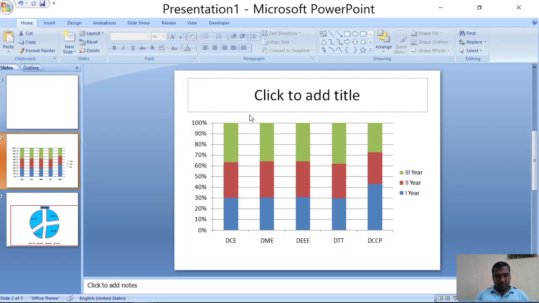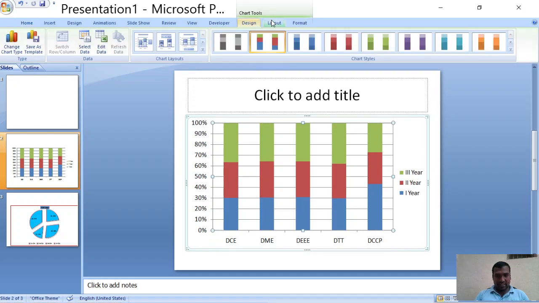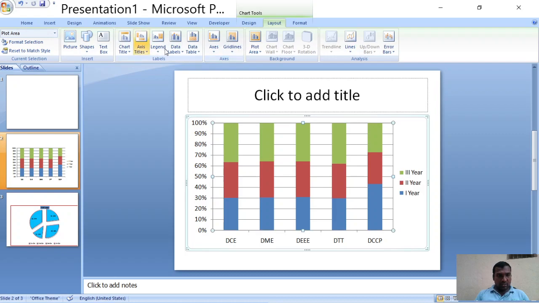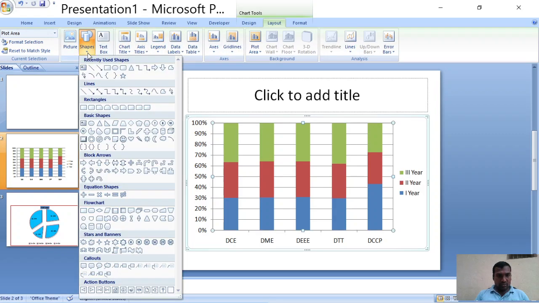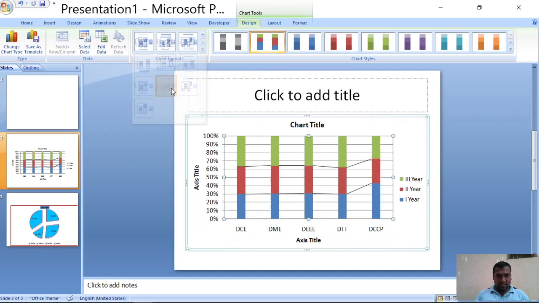Sorry. So for that purpose, what I need to do is click on the chart and go to the design tab, layout tab, and go to the design tab and click on the chart layout and choose the appropriate one.